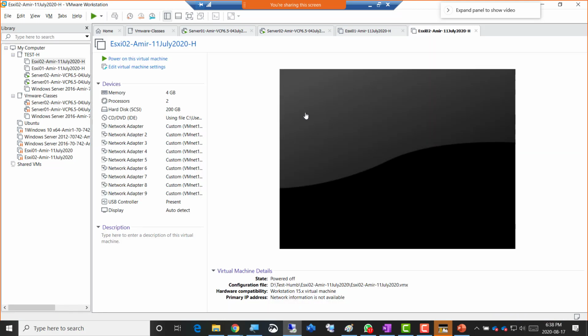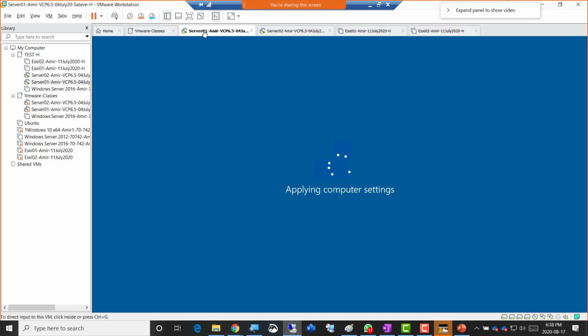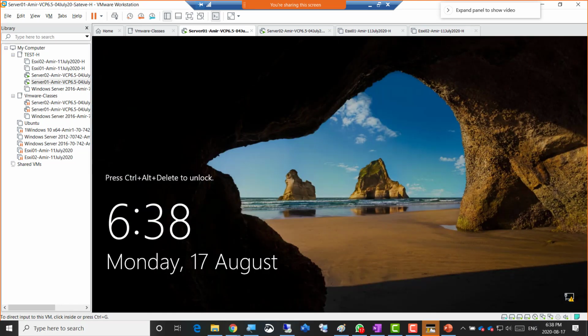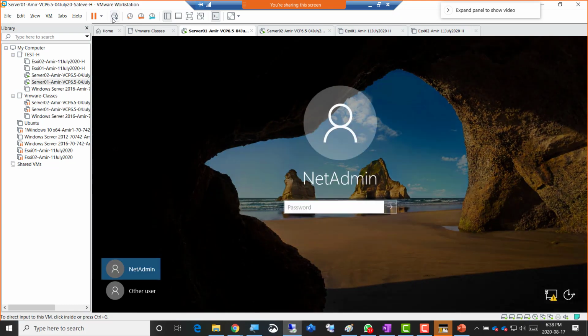Okay, my 2 hypervisors are shut down. My server 1 is up. Okay, it's still coming up. And it is up. I'll just log in from server 1. Guys, server 1 is mucho importante. Although,